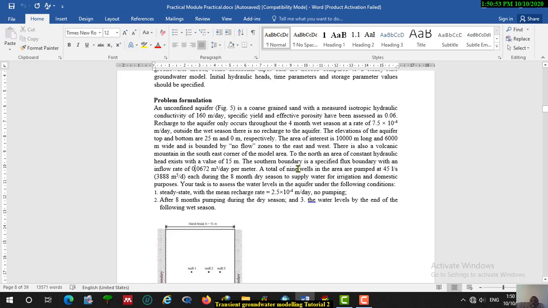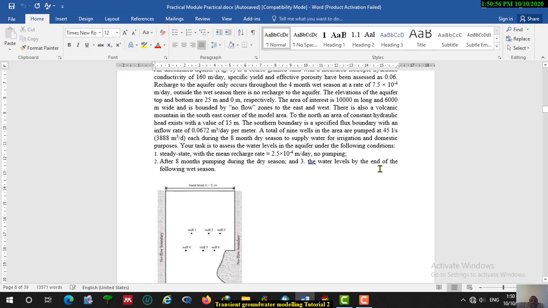A total of 9 wells in the area are pumped at a rate of 45 liters per second, which is equivalent to 3,888 meter cube per day, each during the 8 months dry season. And this is another time dependent variable, and this discharging or pumping of water from the aquifer is only during the dry season. Our task is to assess the water level in the aquifer,